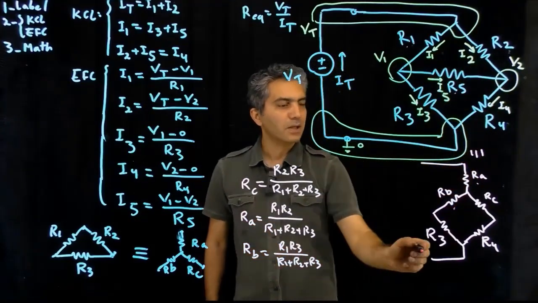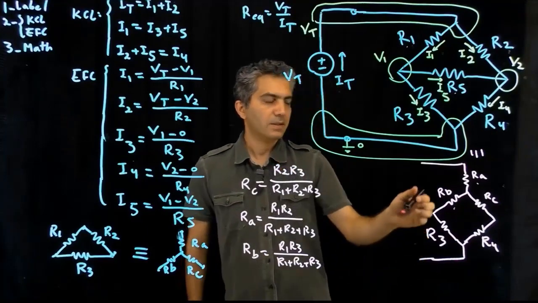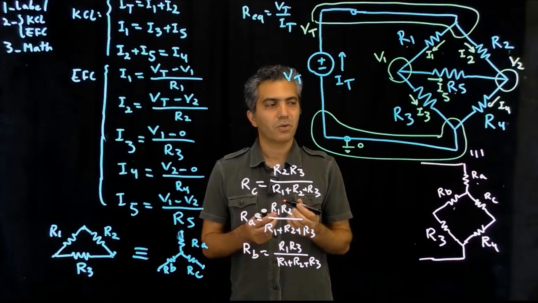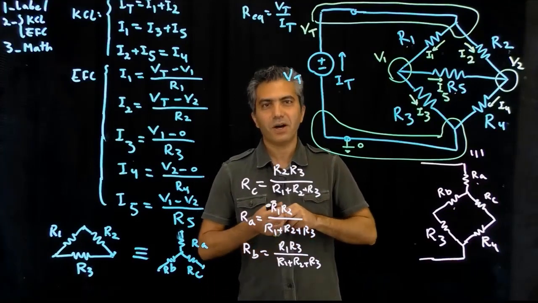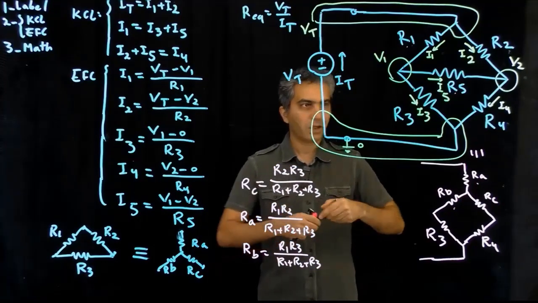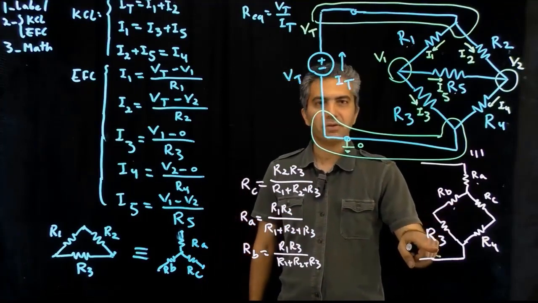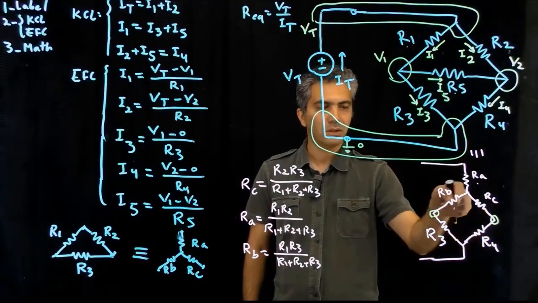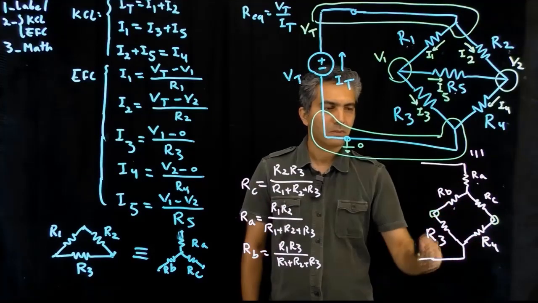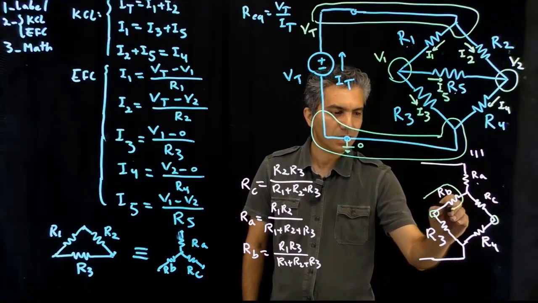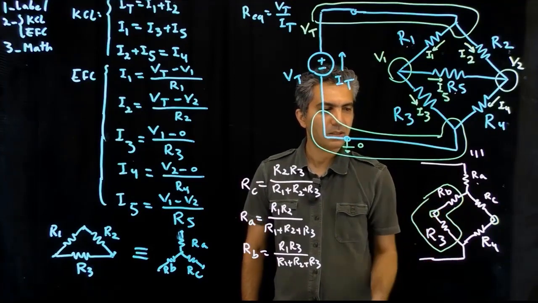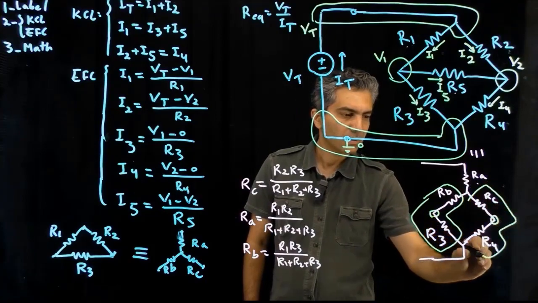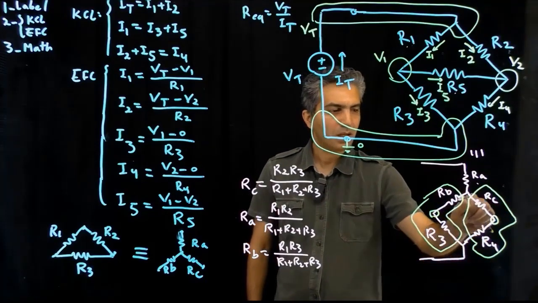Now, the nice thing about this is that now if I look for components that are in series or in parallel to each other, I can actually find some. So look here. RB and R3, they actually pass the same current. If I put a note there, you can clearly see that they pass the same current. So what I can do is take these two and put them in series and turn them into only one resistor. Same here. I can do the same to these two resistors. Once I do that,